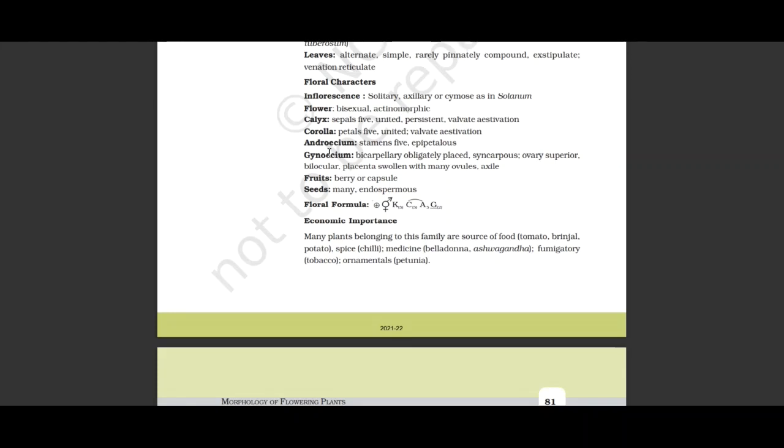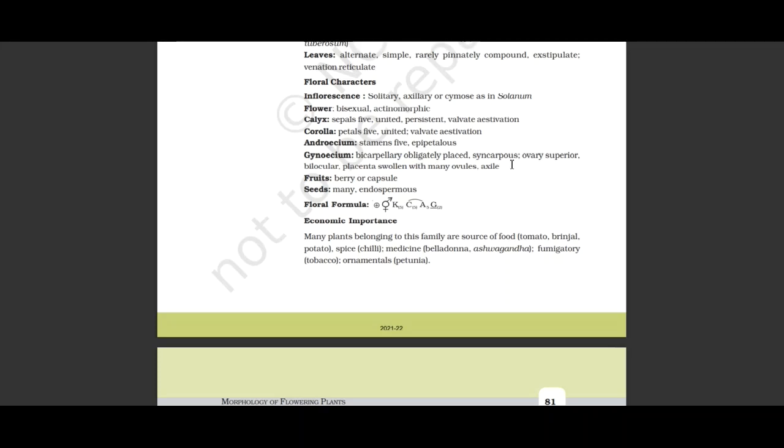Let us see the floral character. Inflorescence solitary, axillary or cymose as in Solanum. Flower bisexual, actinomorphic. Calyx: sepals 5, united, persistent, valvate aestivation. Corolla: petals 5, united, valvate aestivation. Androecium: stamens 5, epipetalous. Gynoecium: bicarpellary,